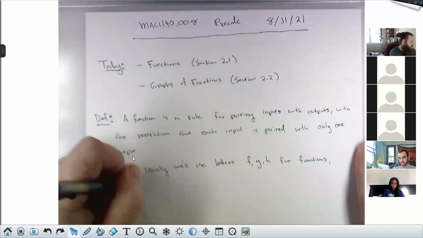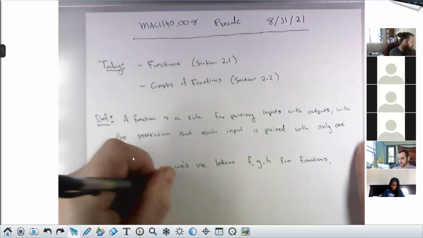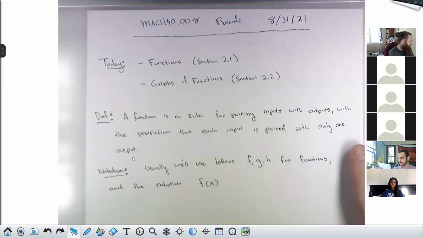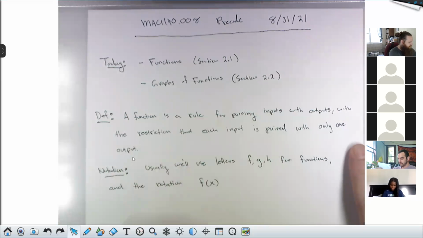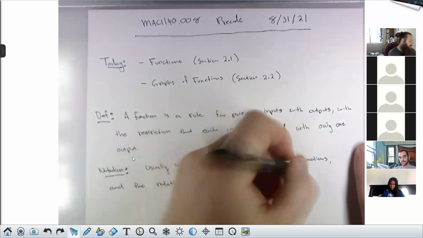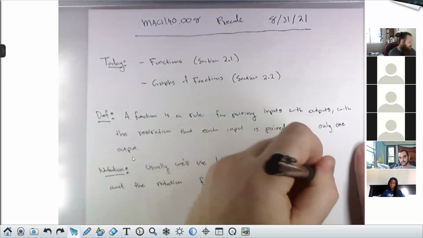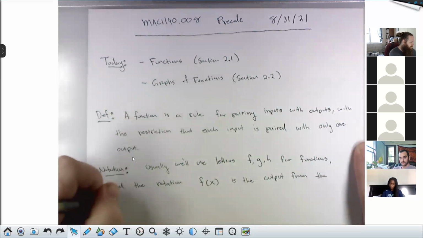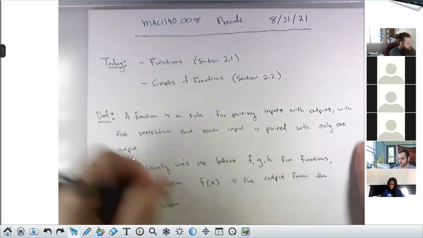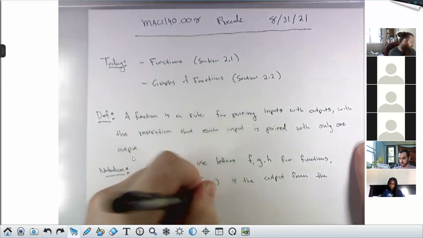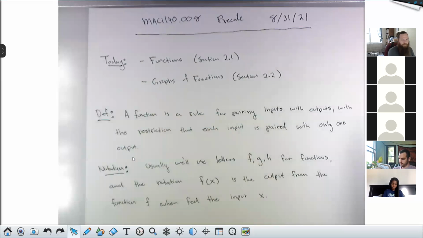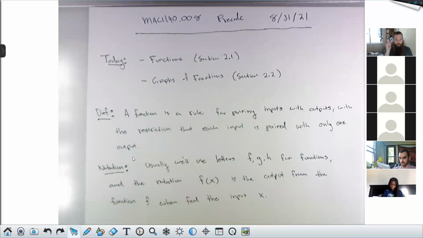And the notation, say f of x, describes the output from the function f when fed the input x. So one of the things that happens in high school math classes or earlier college math classes,